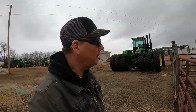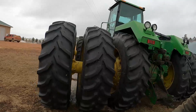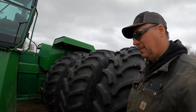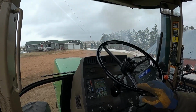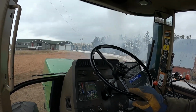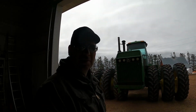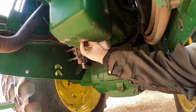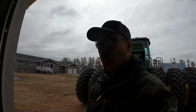But anyway, we're gonna start this tractor right here. Needs to be serviced, and it needs a washing, but that'll have to be for a warmer day. Starting, like I said, it is today again. It's going to be near 40. It's not quite there yet, but good tractor. It starts. I'm pretty sure last year at this time we were in the field before the blizzard. That was. Well, as the oil drops, I'm going to